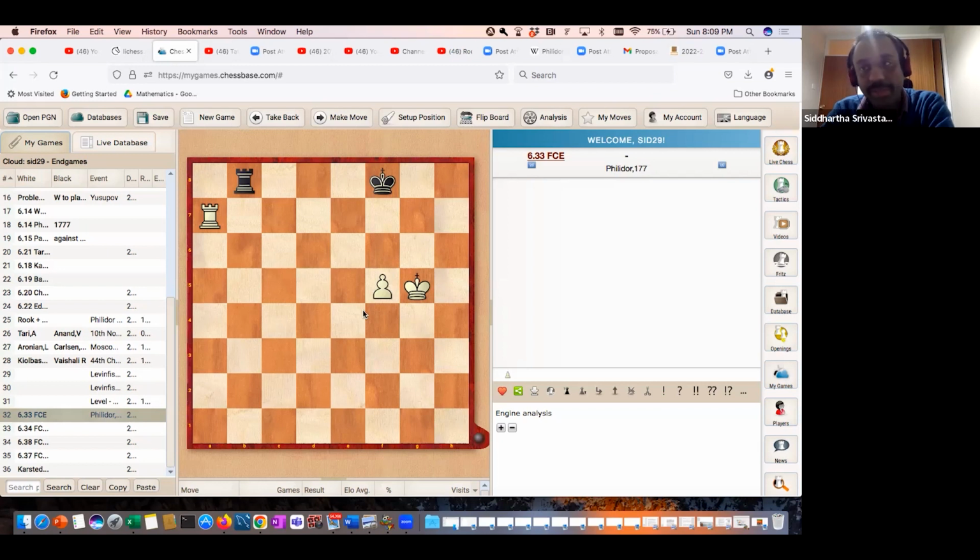Nunn's book. In fact, I think he introduced this convention way back in his book, Secrets of Rook Endings, a very famous endgame book. And he used that convention, and that is what is used in good textbooks, like Dr. Karsten Muller's book, Fundamental Chess Endings. He also uses that convention. So these three things we'll keep in mind before we jump into these building blocks, as I want to